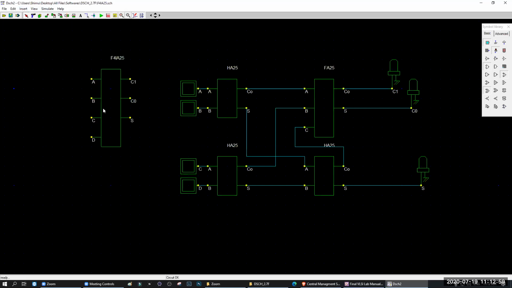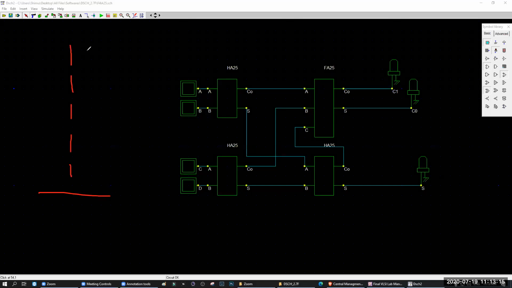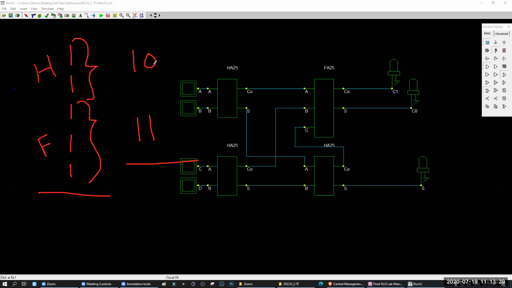Okay, got my point? Now I'm going to change these as 5 input adder. See, for 5 input adder, okay, can you see the screen? Okay, yes, you can see the screen. For 5 input adder, 1 plus 1 plus 1 plus 1 plus 1. So here what I can do, I can take these 2 and result 1 0. I can take this 3, result will be 1 1, right? Now here you need half adder, here you need full adder.